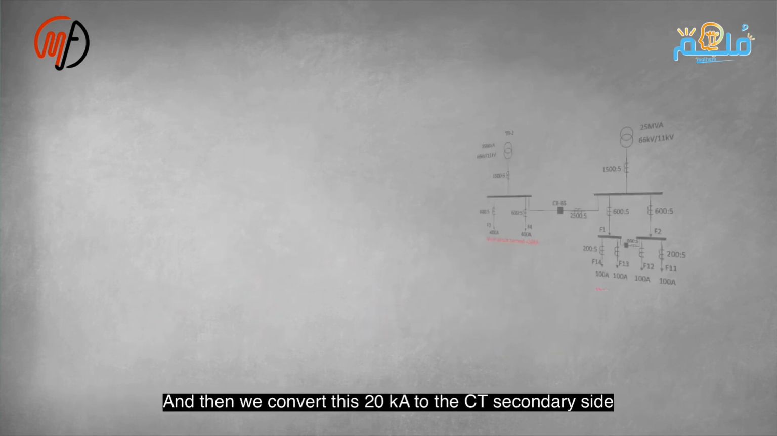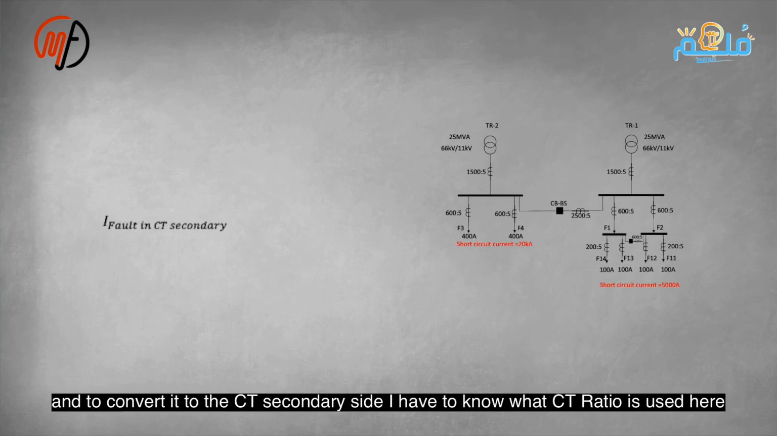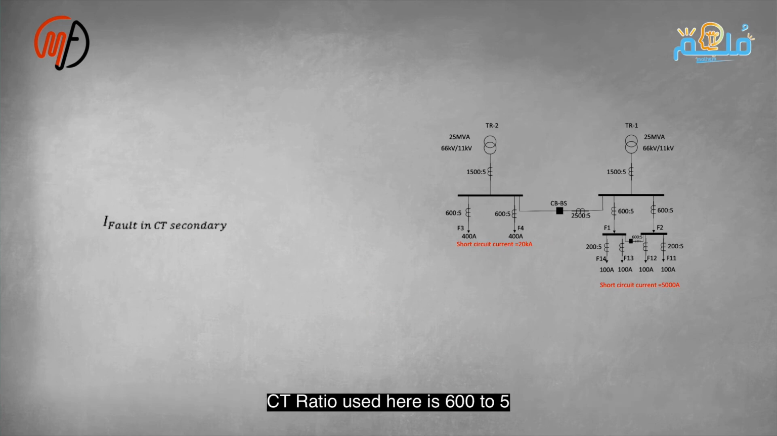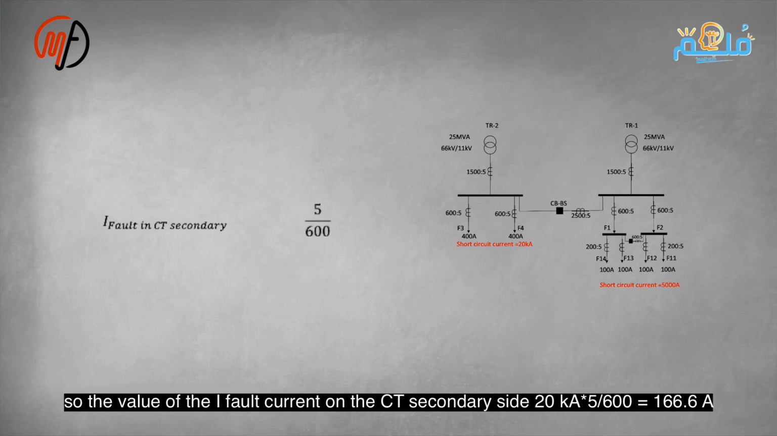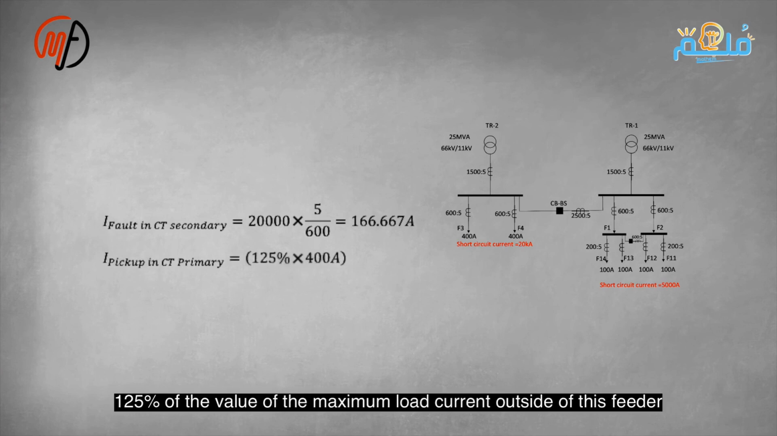Convert 20 kiloamps to the CT secondary side using the CT ratio of 600 to 5. The I fault current on the CT secondary side is 20 kiloamps times 5 divided by 600, equaling 166.6 amps. The I pickup current for this feeder is 125% of the maximum load current of 400 amps, equaling 500 amps. Convert 500 amps to the CT secondary side using the same CT ratio, resulting in a pickup current of 4.166 amps. After determining these values, calculate the trip time as T equals 0.05, the TMS value, times 0.14 divided by 125%